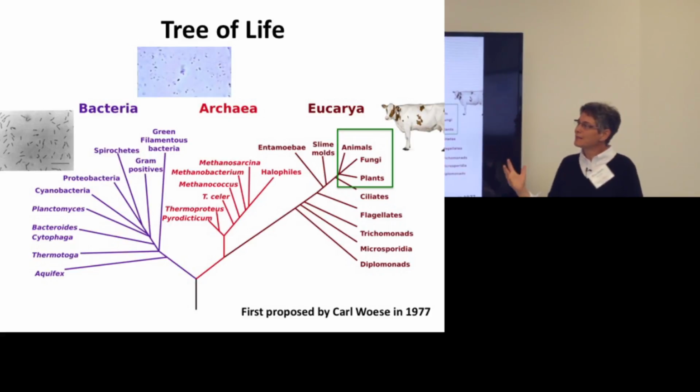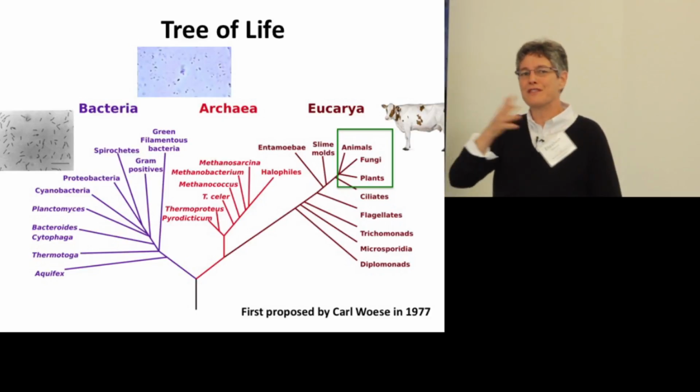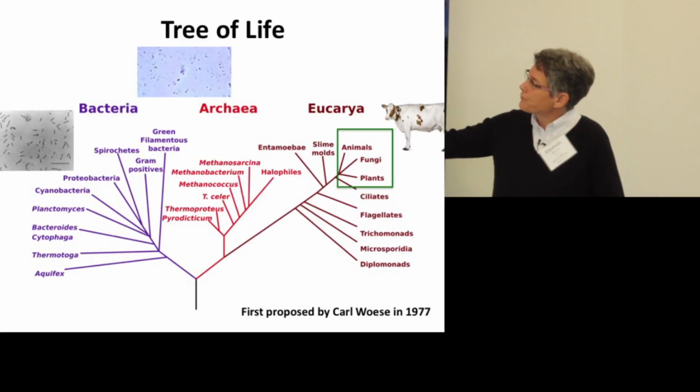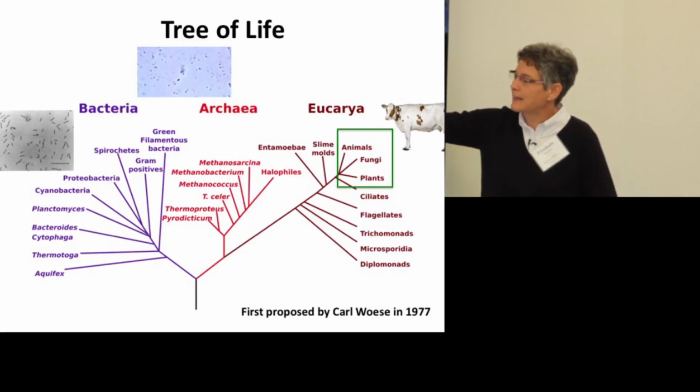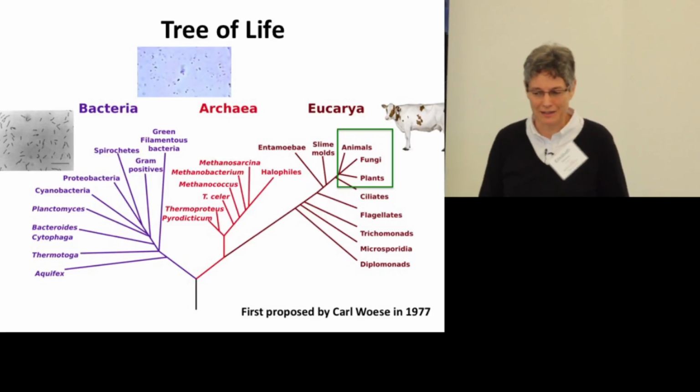What this tree really reflects is not so much diversity of appearance, like cows look very different from people, who look very different from plants, but diversity of metabolism, diversity of chemistry, and how they process the environment around them, act on it, and extract energy from it. All of the organisms at this end breathe oxygen and have a very similar metabolism, essentially. That's the way you could think about it.